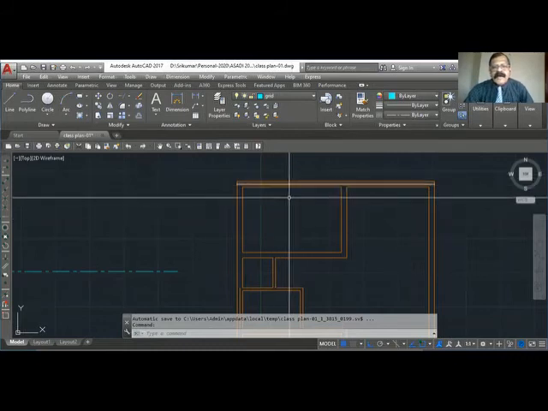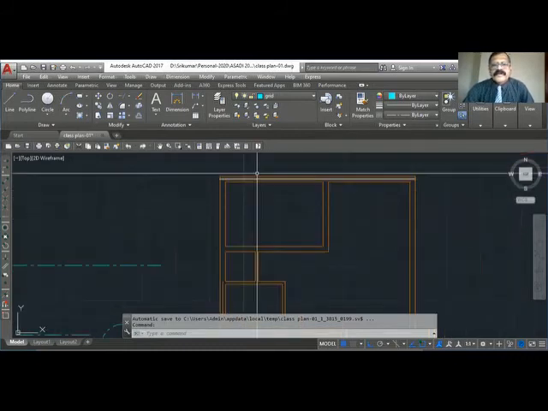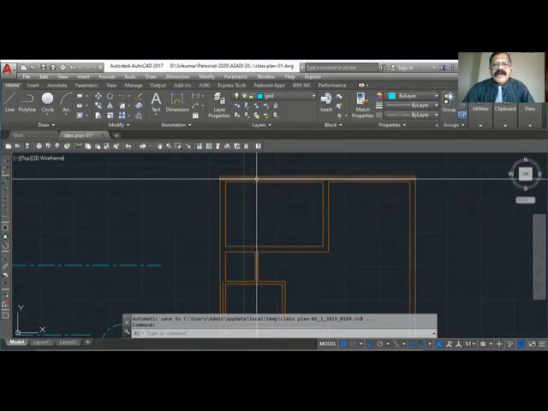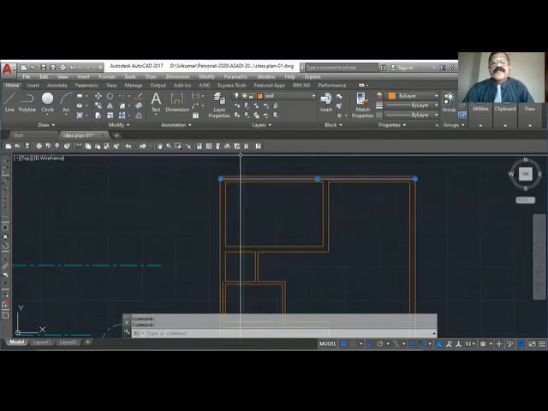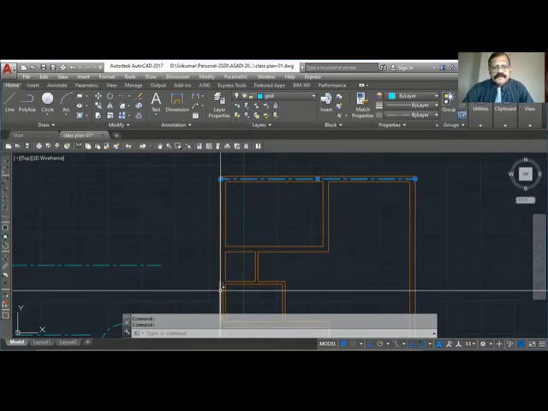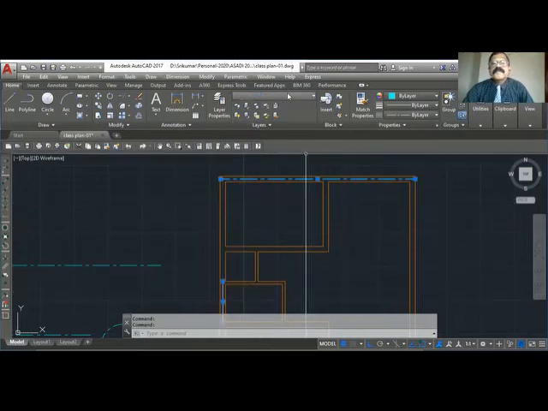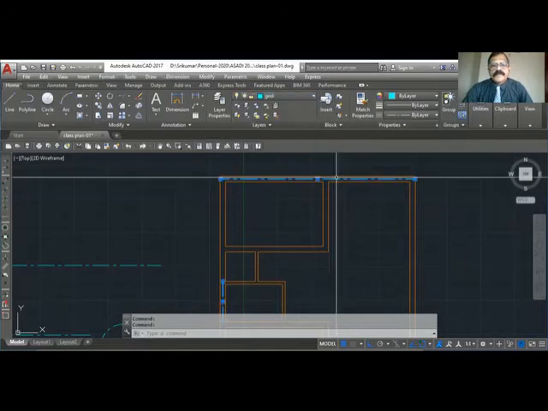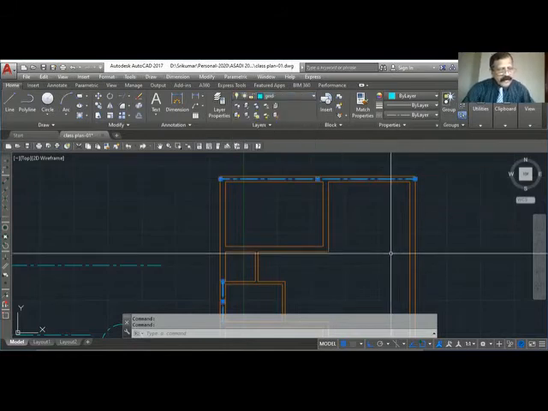It came to the same layer. So now I will select that line and change the layer to grid line. See, now we are in the grid line.